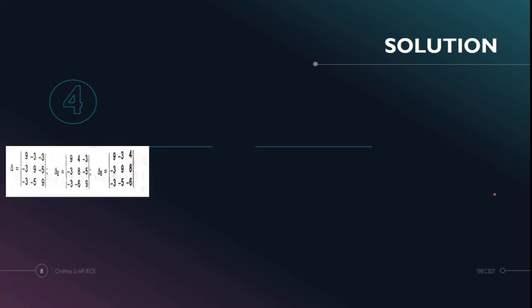Now in the next step, what do we do? Find delta, find del 2 and del 3. Del 2 means replace the second column of the delta matrix with the voltage source values. Del 3 means replace the third column of the delta matrix by the voltage source values. Why do we find only del 2 and del 3? Because in the question only IL is asked, and IL is nothing but I2 minus I3. So finding I1 is not required for this problem. Only if they ask you to find all the mesh currents, find I1, I2 and I3. If they specifically ask us to find any one mesh current, find that mesh current alone.